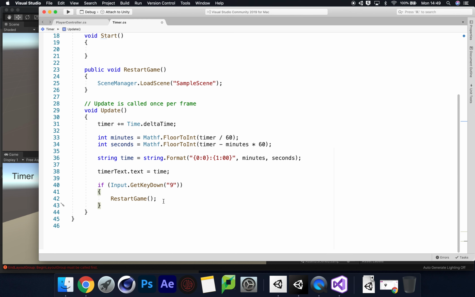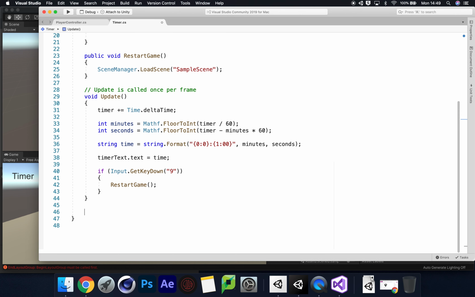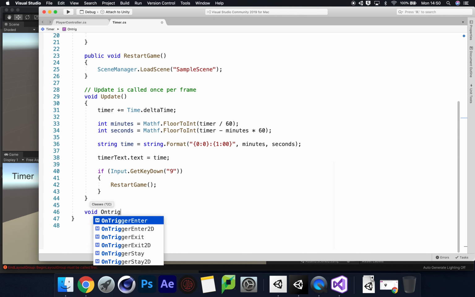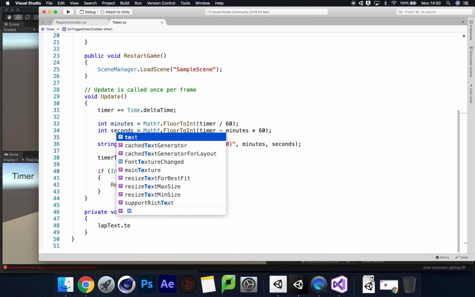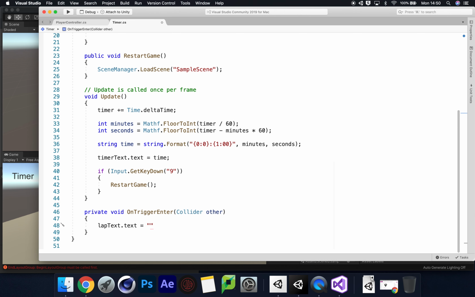that trigger. That's what we need to do. That's what I meant to be doing. So let's do void on trigger enter collider other. That's absolutely fine. Let's say what's this called? Lap text. There we go. Lap text dot text is going to display lap space plus